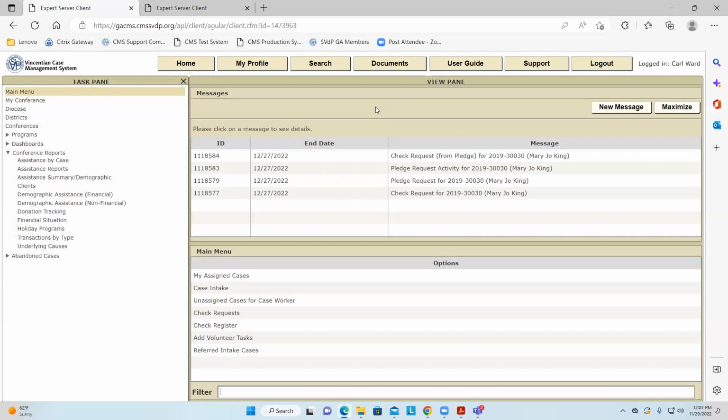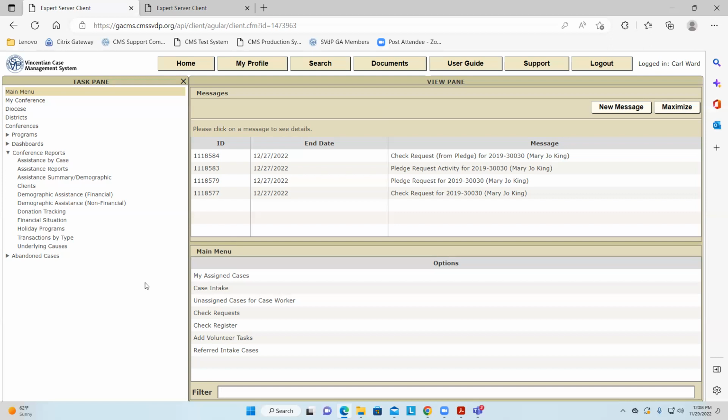Okay, so if you're a new treasurer, this is what we call your home page, if you will. And as you know, CMS is a roles-based system, which means depending upon the role or roles that you have, you get to see or not see certain functions within CMS.